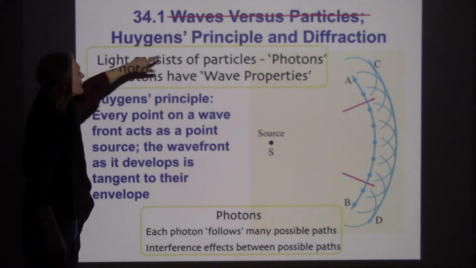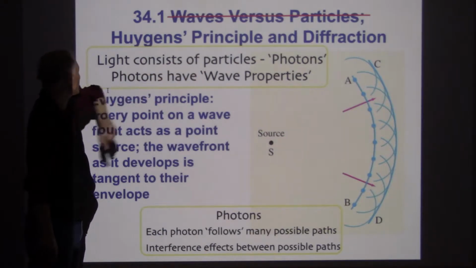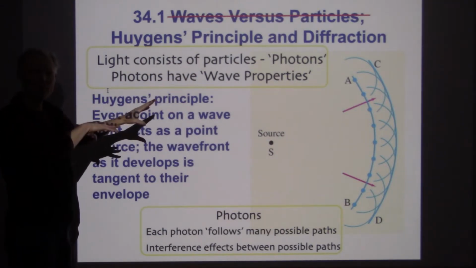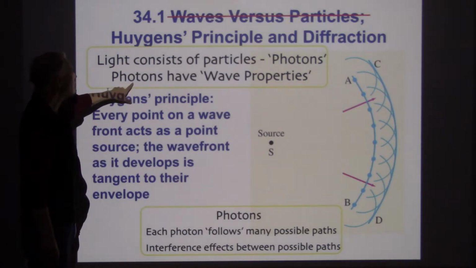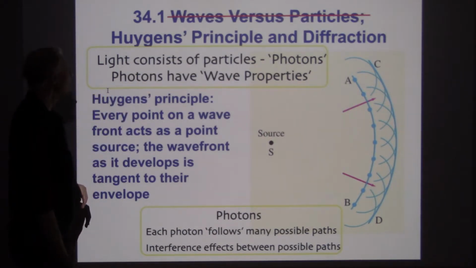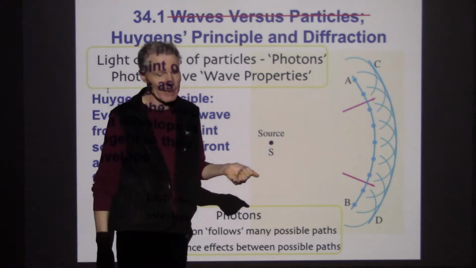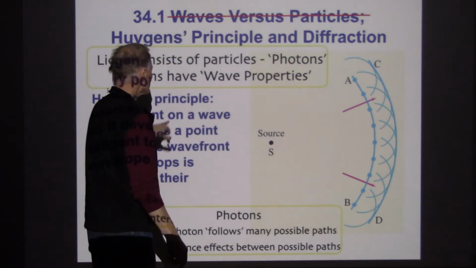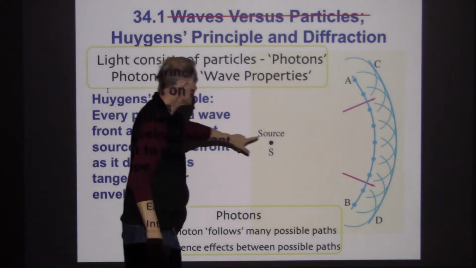Well, light consists of particles. We call those photons. I'm gonna put this on every slide, so I'm gonna really drive this point home. And these photons have wave properties to them. Now, again, going back 300 years to the time of Newton, Huygens' principle said this: if you start with a